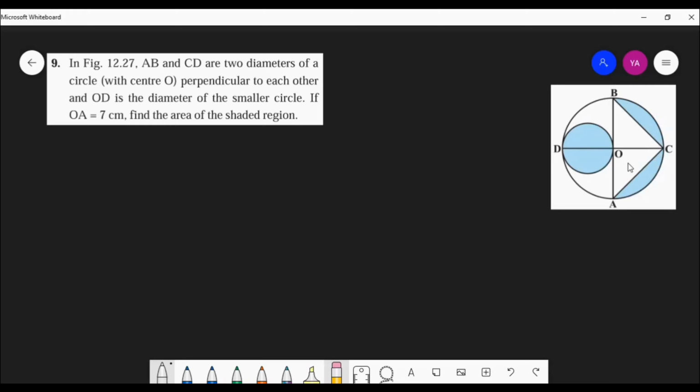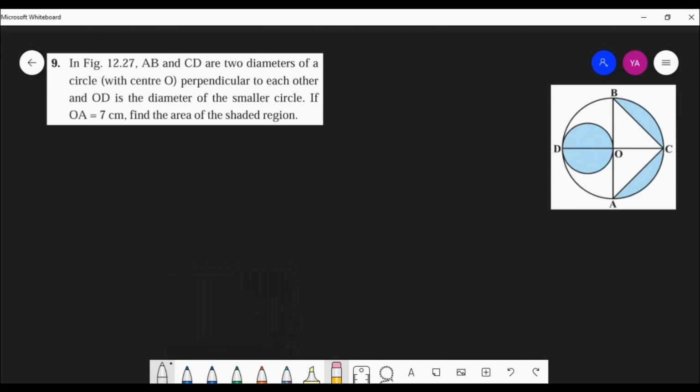So you look here, you find the area of the semicircle on the right side of the diameter AB of the large circle, and then subtract the area of triangle ABC from the semicircle's area. You will get the area of the shaded segments, right? The sum of the areas of these two segments, right? Then you add that value with the area of the small circle, you will get the total area of the shaded region. Okay, I think we can do it in this way.